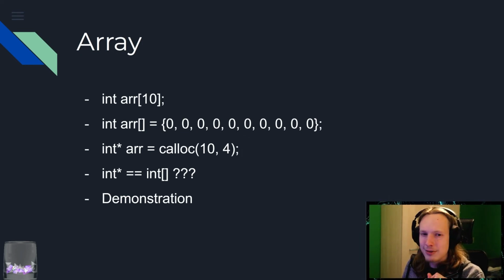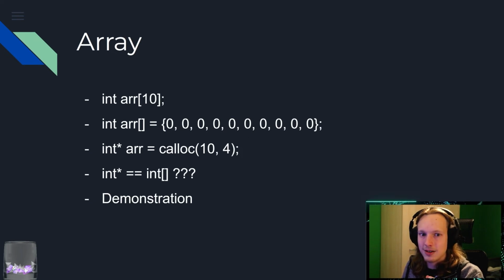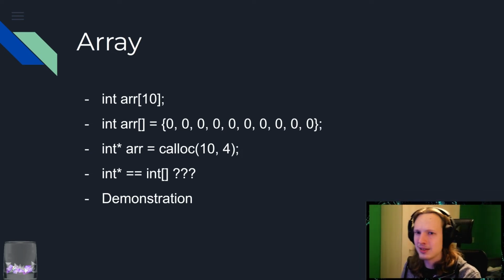Also, you have to define directly how many values, or how much memory, you want to reserve for it. So we just have to hard-code in 10. There's no other way around it. You can use macros or something like that, but we'll get into those later. But still, that's hard-coded in. At compile time, it needs to be constant.